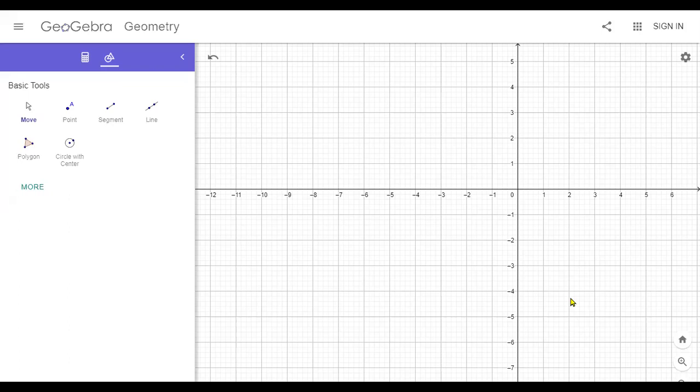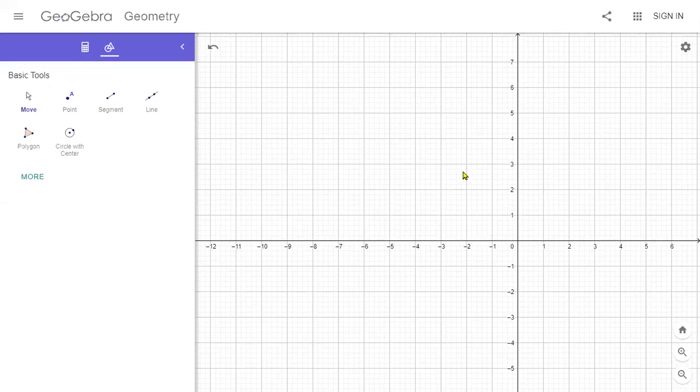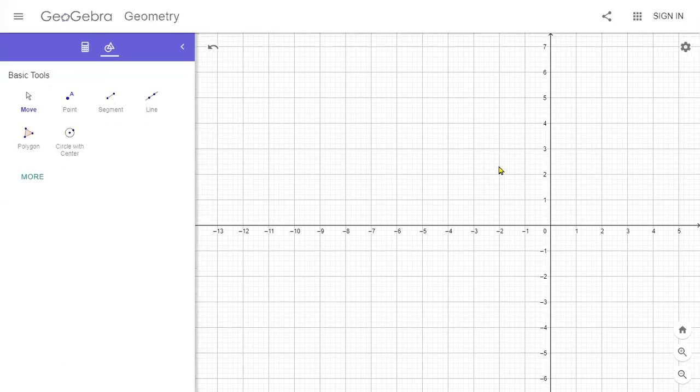Here I will give one example to illustrate how to reflect the given object about the given axis. Please watch this video till the end so that you will be very clear about the basic concept of reflection. Okay, here this is the graph, the XY plane. This horizontal axis represents the x-axis and the vertical one represents the y-axis, and the intersection of them is just the origin.